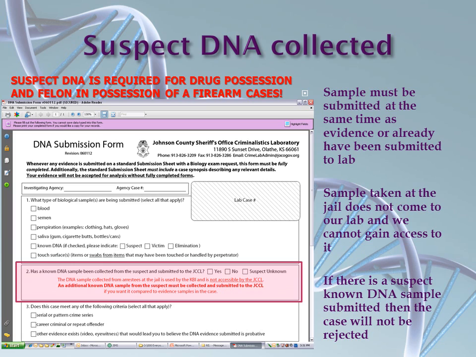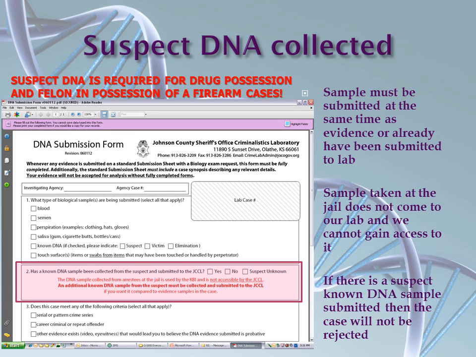The next section is asking whether a DNA sample has been collected from the suspect and submitted to the laboratory. And then the three possible answers for this are yes, no, or the suspect is unknown at this time. So if you don't have a suspect, just check that last box. The reason we ask for a suspect known DNA sample is for ease of comparing to a case if a